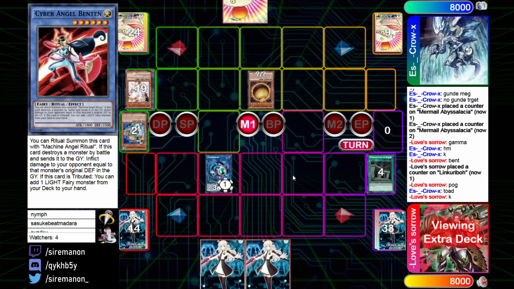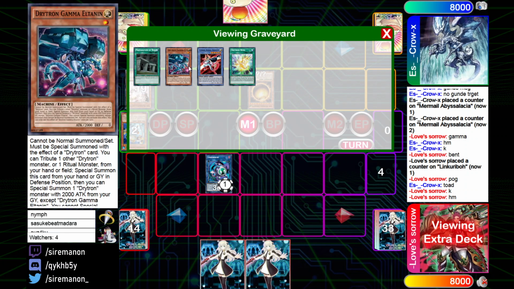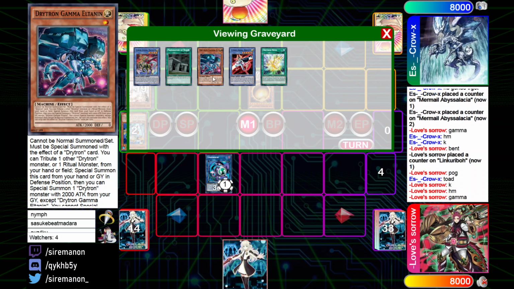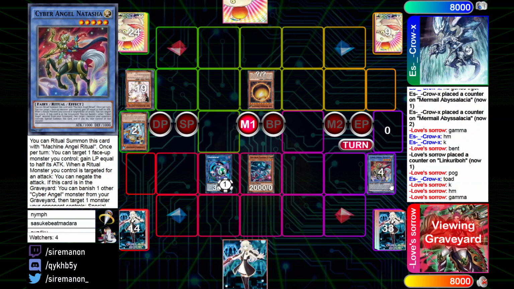Ooh, this got really interesting really fast. Now both players are on very few resources. If this Drytron Gamma can get anything done, then that might be good. Okay, so we're going to see it be activated. Oh, wait, you know, if...